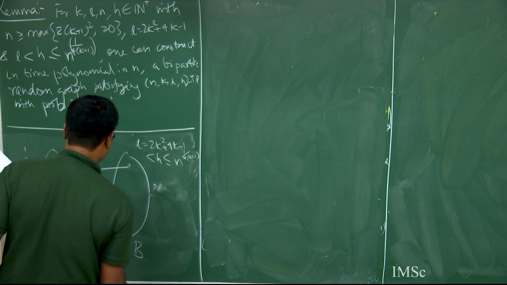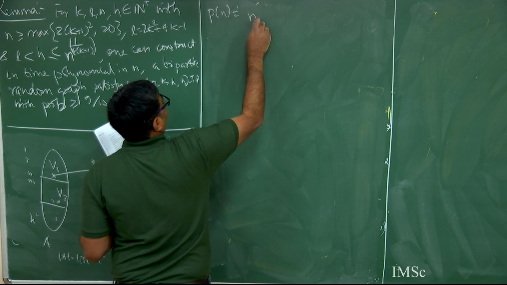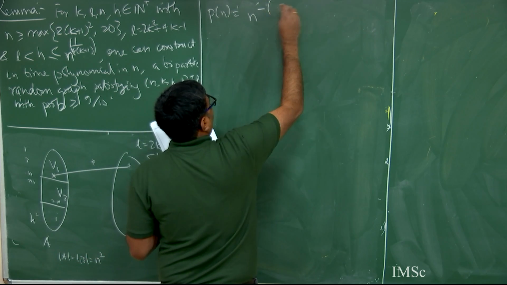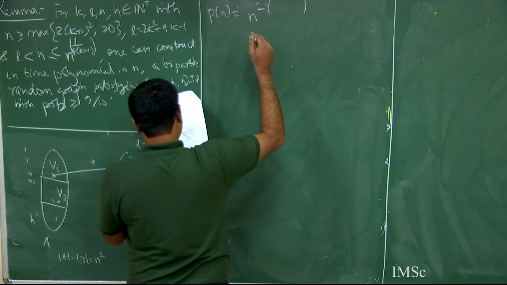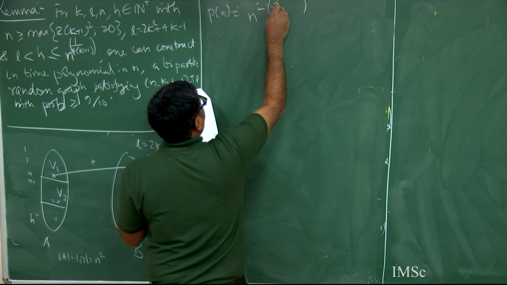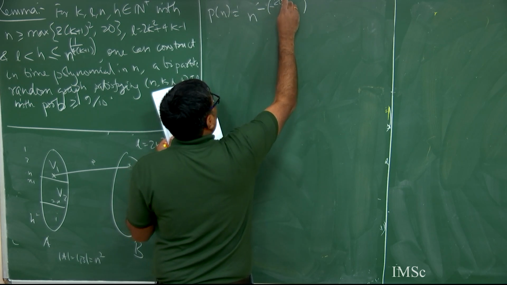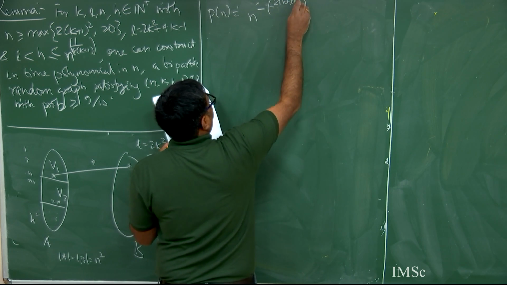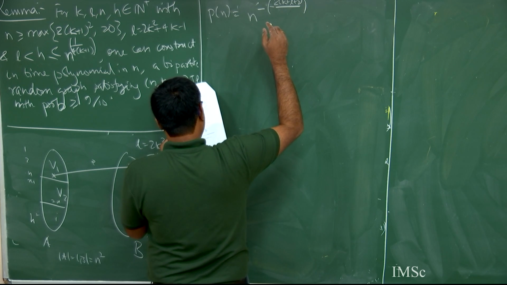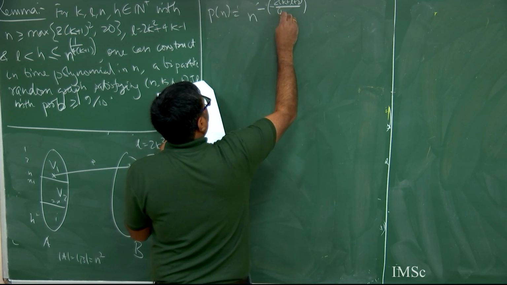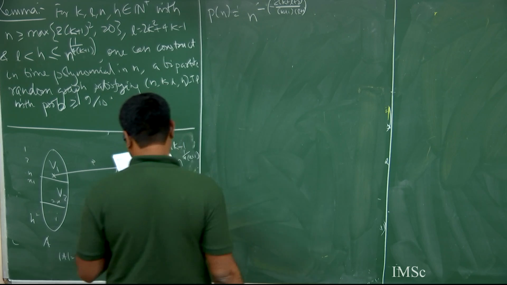Let me write down here n minus, what is this number, minus 2k plus L plus 3 divided by